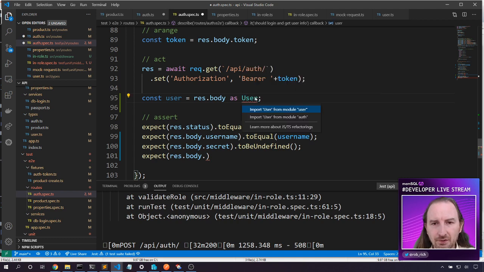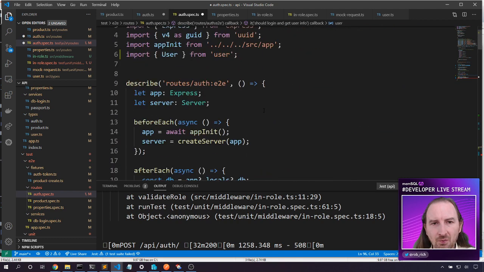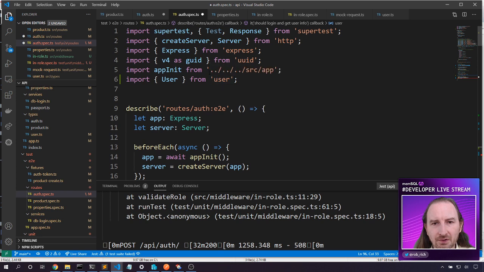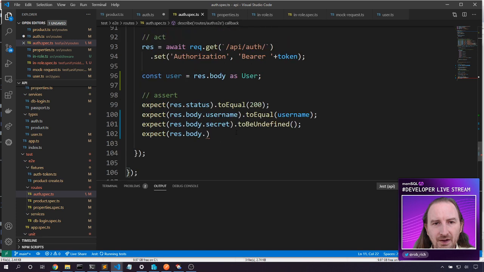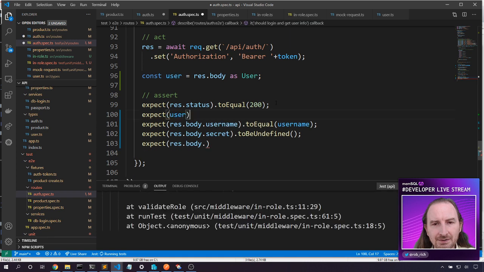Let's pull in user from all the way up there. Types user. Okay. So now we've got user. Let's say expect user.roles